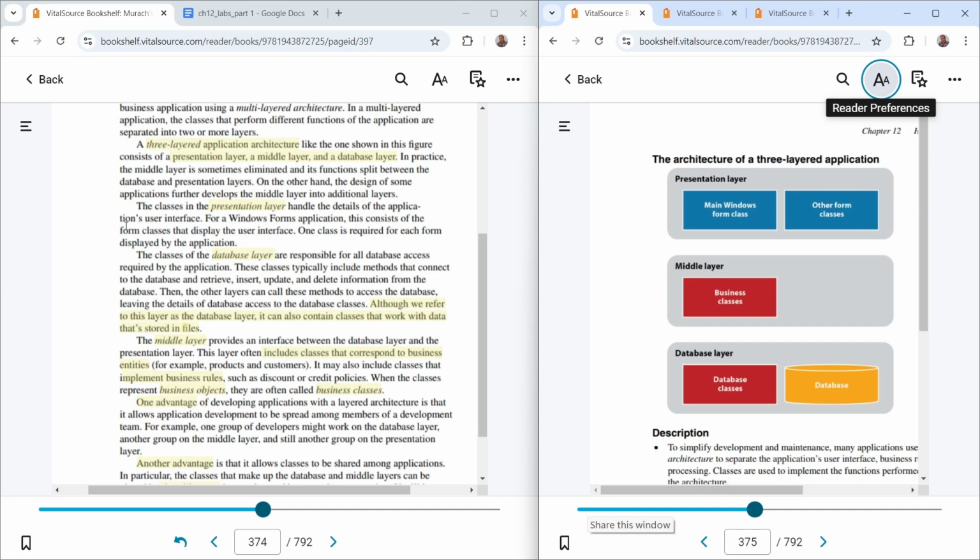Your presentation layer for WinForms apps is obviously the form. And then you have what's called a middle layer, and that's where you have your business classes and a lot of your business logic. And then you have what's called a database layer. And that's where you have